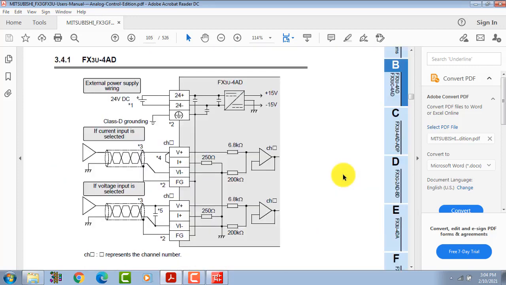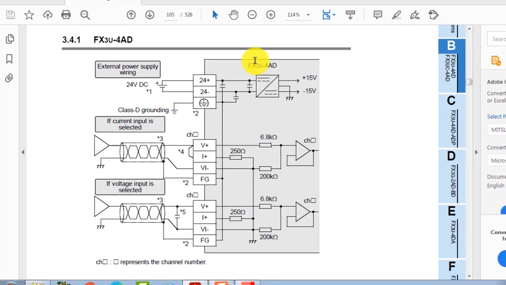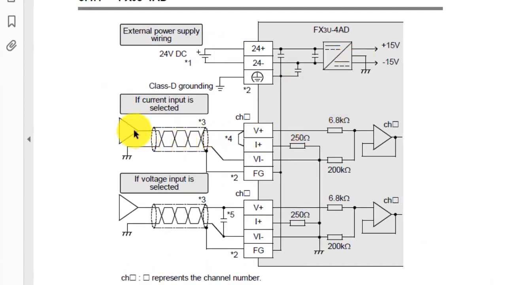and this is the sensor wiring, as I told you in previous pictures. This is the 24 volt supply of the input, and this is the sensor. If you are using current mode, then you have to select this wiring. If you are using voltage mode, then you have to select this wiring. Okay,